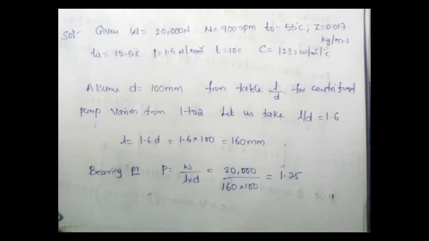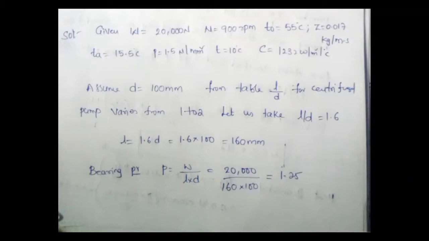Normally, whenever you are having a tough question, definitely you are having two unknown parameters. It may be L and D, or it may be the P value, or it may be the W value. Whatever it is. Right? Maybe the parameters are changed, but the actual thing is the same. I hope you understand. So in some situations, you may have unknown parameters P and W. In some situations, you may have unknown values of only L and D. That means at least two unknown parameters will be there in the given equation P equal to W by L into D. In that particular situation, what are you supposed to do?